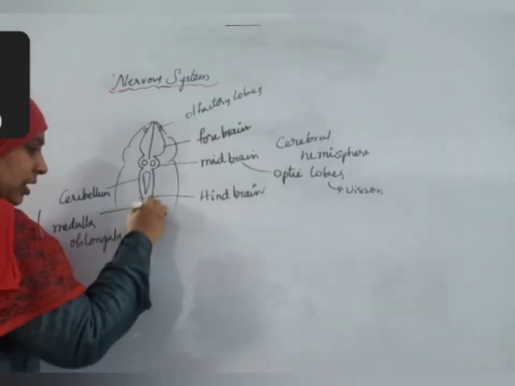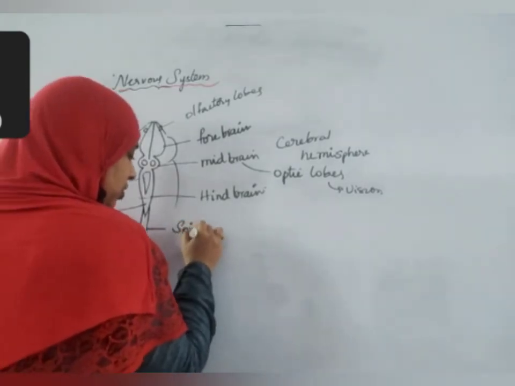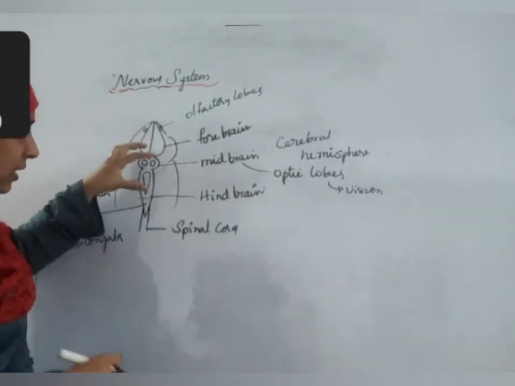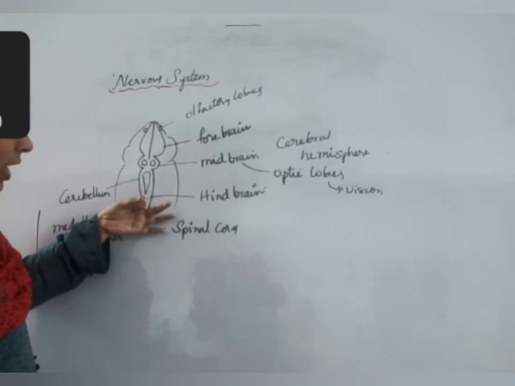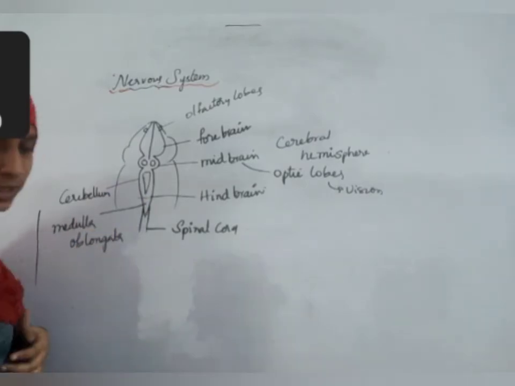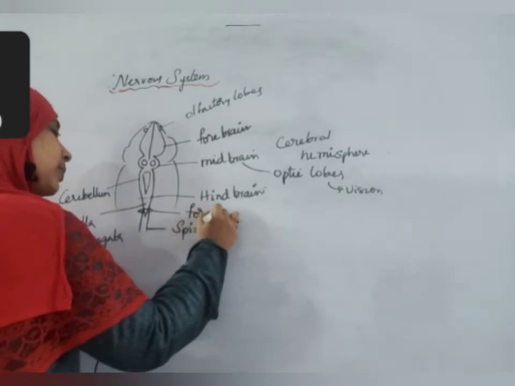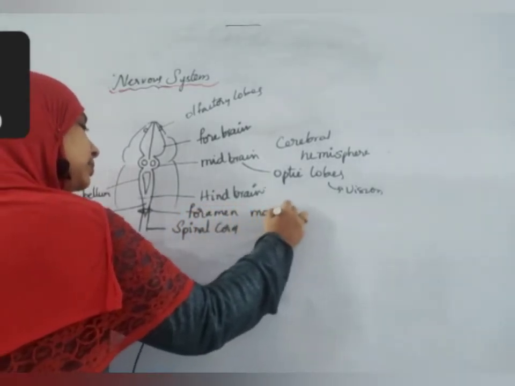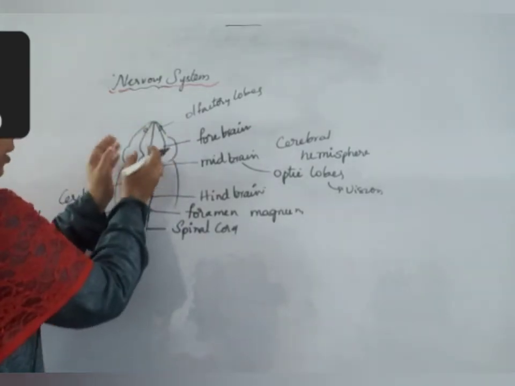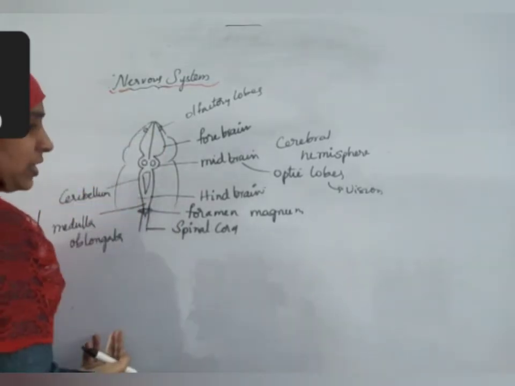After the brainstem, spinal cord will start. But spinal cord enters into a small hole-like structure. So our brain is present in the brain cavity and there will be a hole-like structure. Through this hole-like structure, this brainstem will enter. From here spinal cord will start. What is the name of that hole-like structure that is present here? Foramen magnum. Inside the skull this brain is present. Afterwards here there is a hole. Through this hole the brain stem is entering and from here spinal cord is coming out.